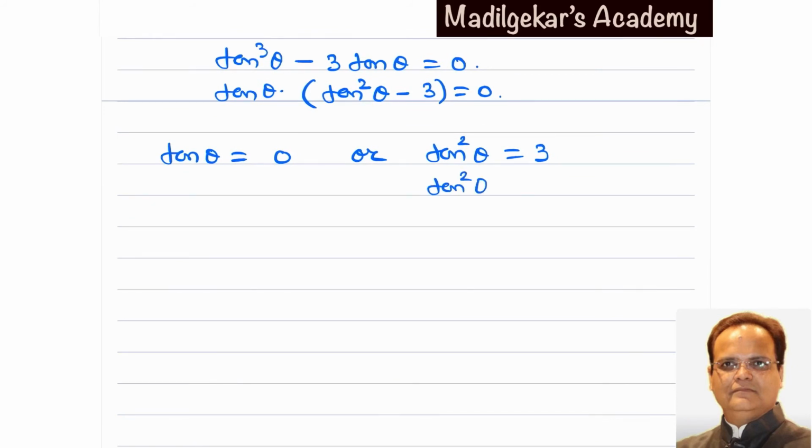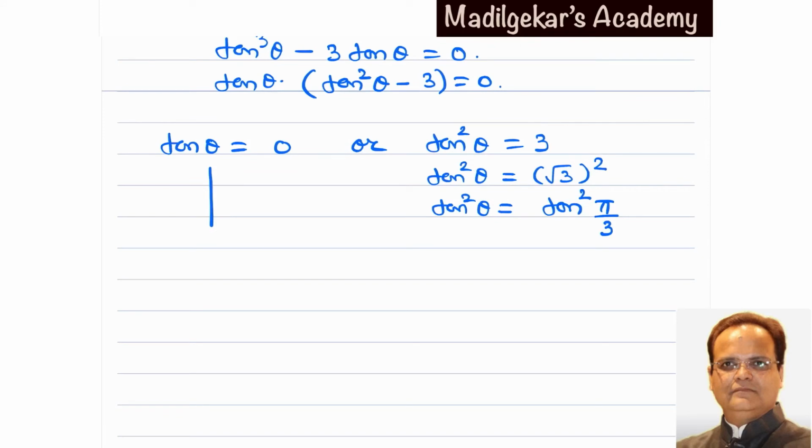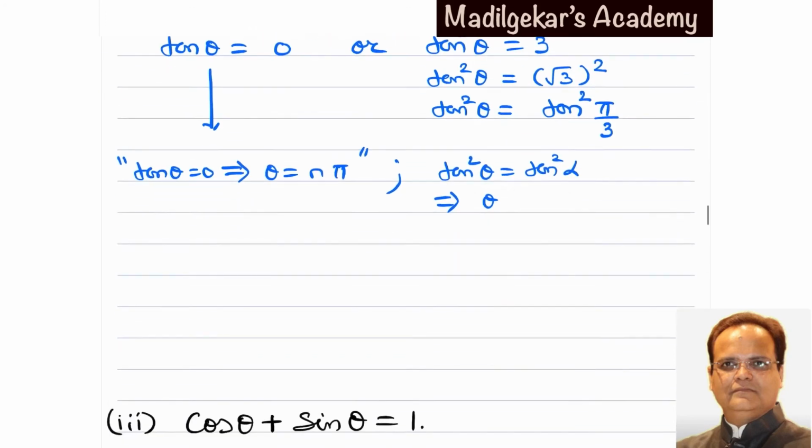Tan square theta will be root 3 square. And as we know, root 3 is tan pi by 3. So this is tan square pi by 3. So here we'll apply the formula: tan theta equals 0 implies theta equals n pi, whereas here we'll apply the formula tan square theta equals tan square alpha implies theta equals n pi plus or minus alpha. So we get